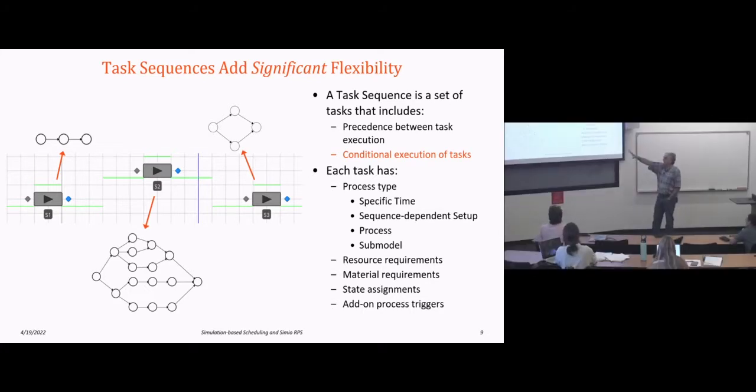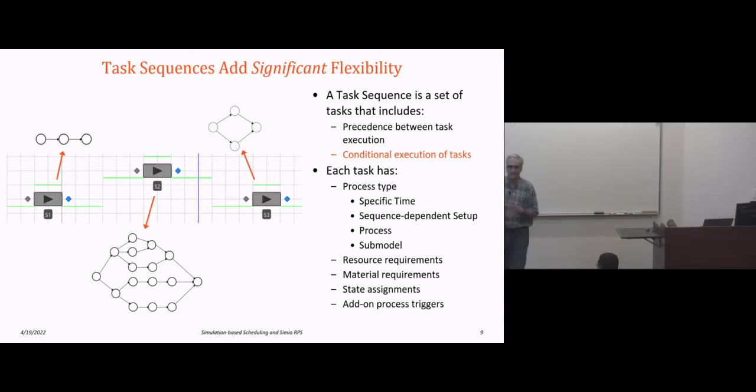And so you can see in S1 there, I just have 3 sequential tasks. In S3, I have a starting task, and then I have 2 tasks that can either be parallel or an option. This notion of conditional execution will let me say for server 3, I can do either or, and if they're always executed, then I just have 2 tasks where there's no precedence relationship, so they can be happening simultaneously. And then we have this arbitrarily complex one here that includes aspects of parallelism and sequence, and if you add conditional execution, again, they're quite complex.